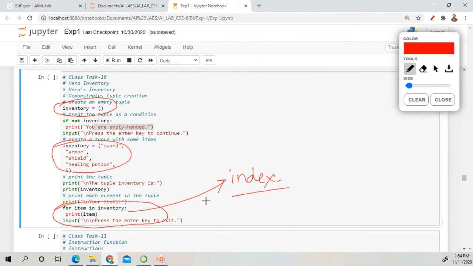Index starts from 0 up to n items. Any doubt till now? Write in chat box. Can we move toward the next activity? Quickly give your response.